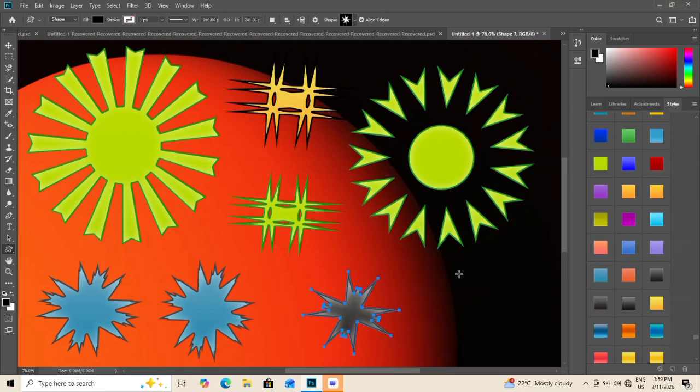to 2.2 pixels. Then switch the blend mode to soft light so the detail